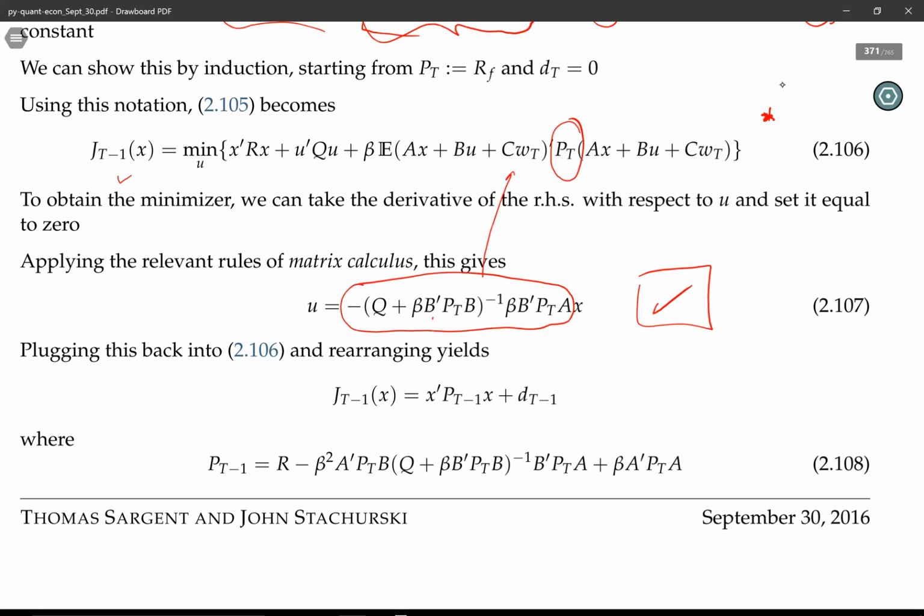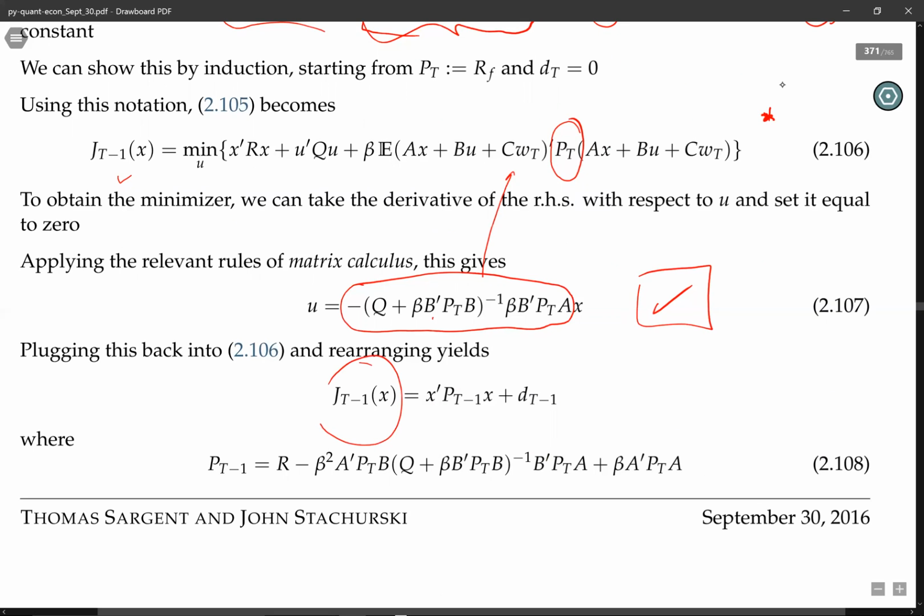If you do that linear algebra and substitute back in, what you're going to find is this value function is now going to be a new quadratic form. It's going to be a quadratic form where P is going to satisfy this. So this P is this thing over here. It's a big, long equation. It actually has a famous name. It's called the Riccati equation. You may have heard of that. This is called a Riccati difference equation. So this is a key equation